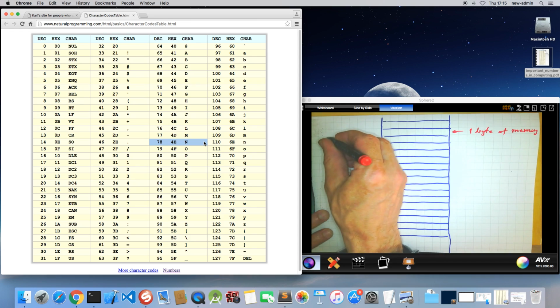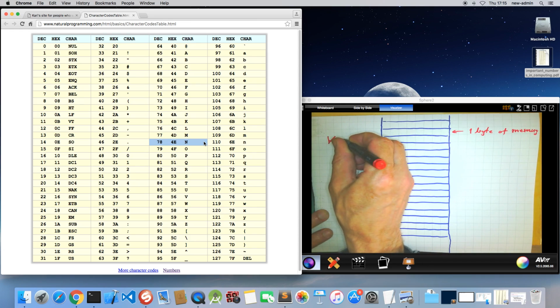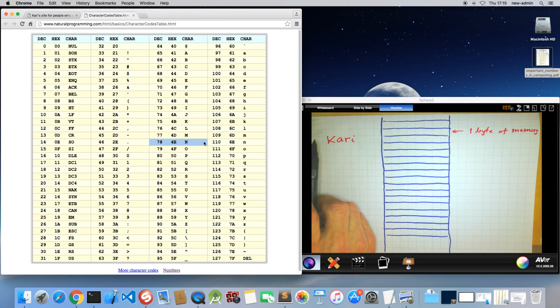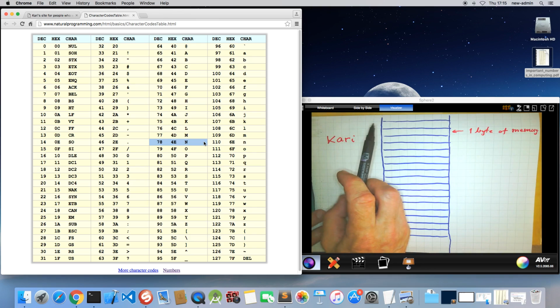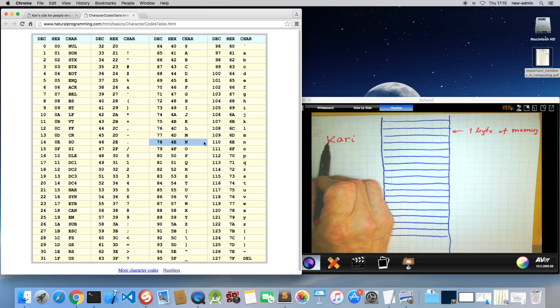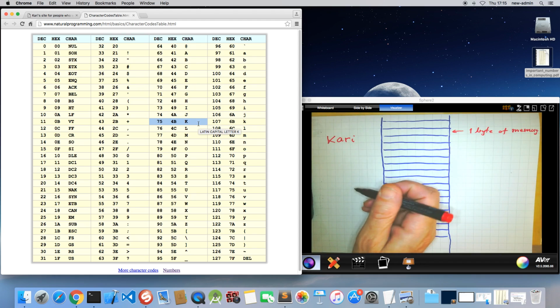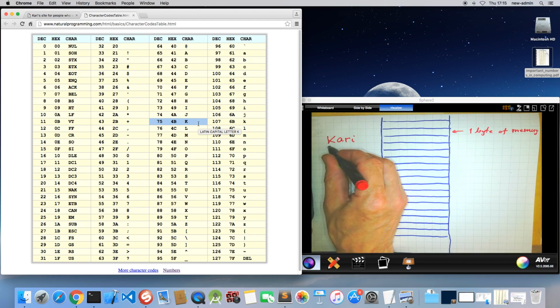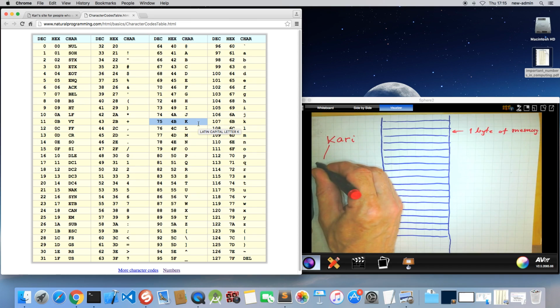My name is Kari. So it has an uppercase letter K, lowercase a, lowercase r, lowercase i. The code for the uppercase K, I will use hexadecimal numbers here, is 4B,